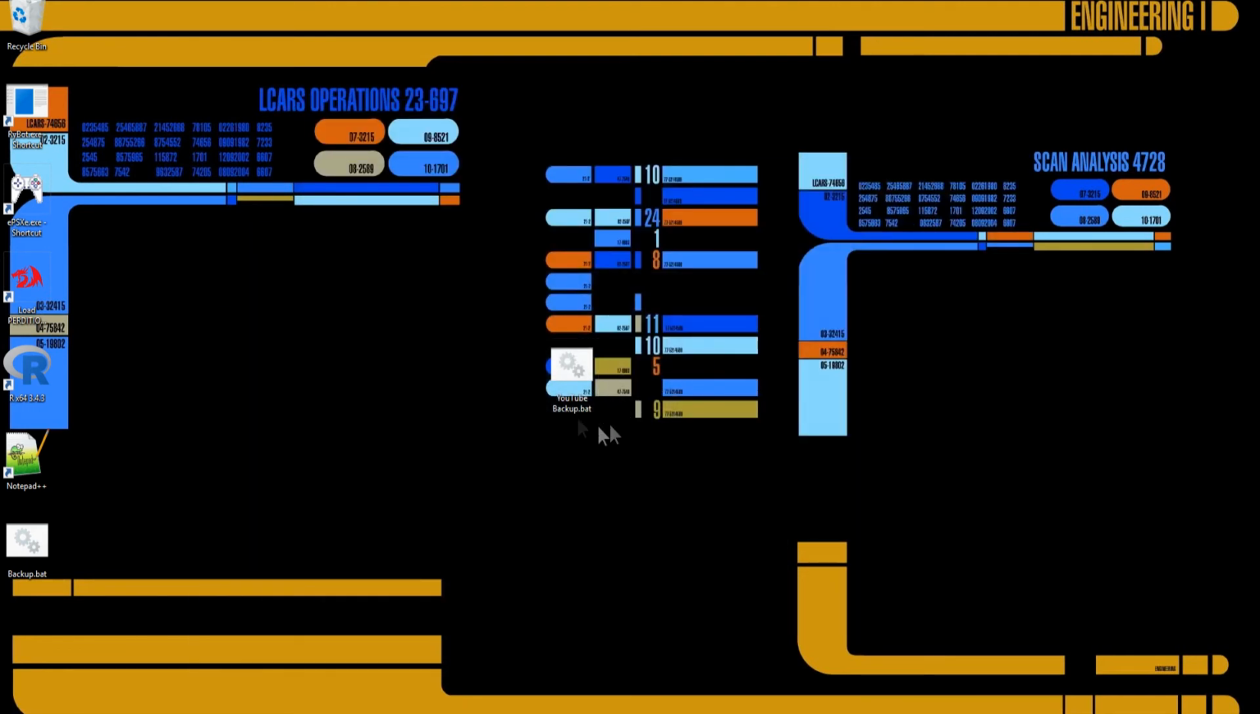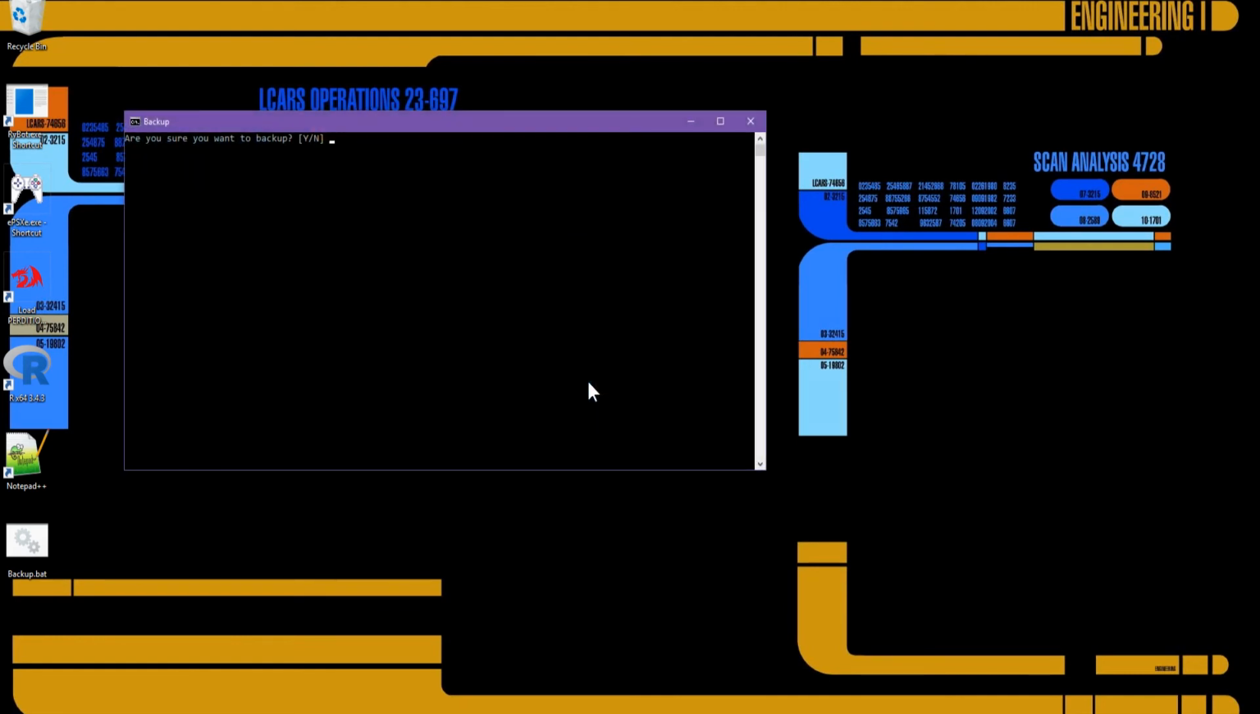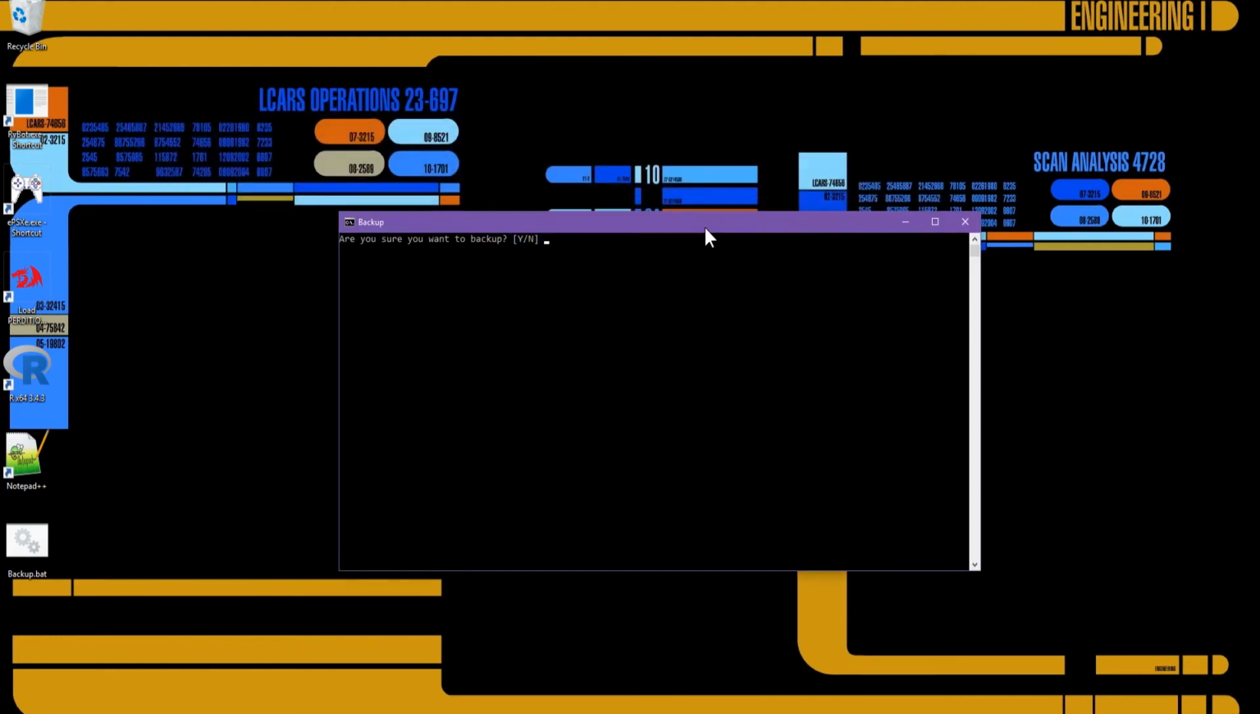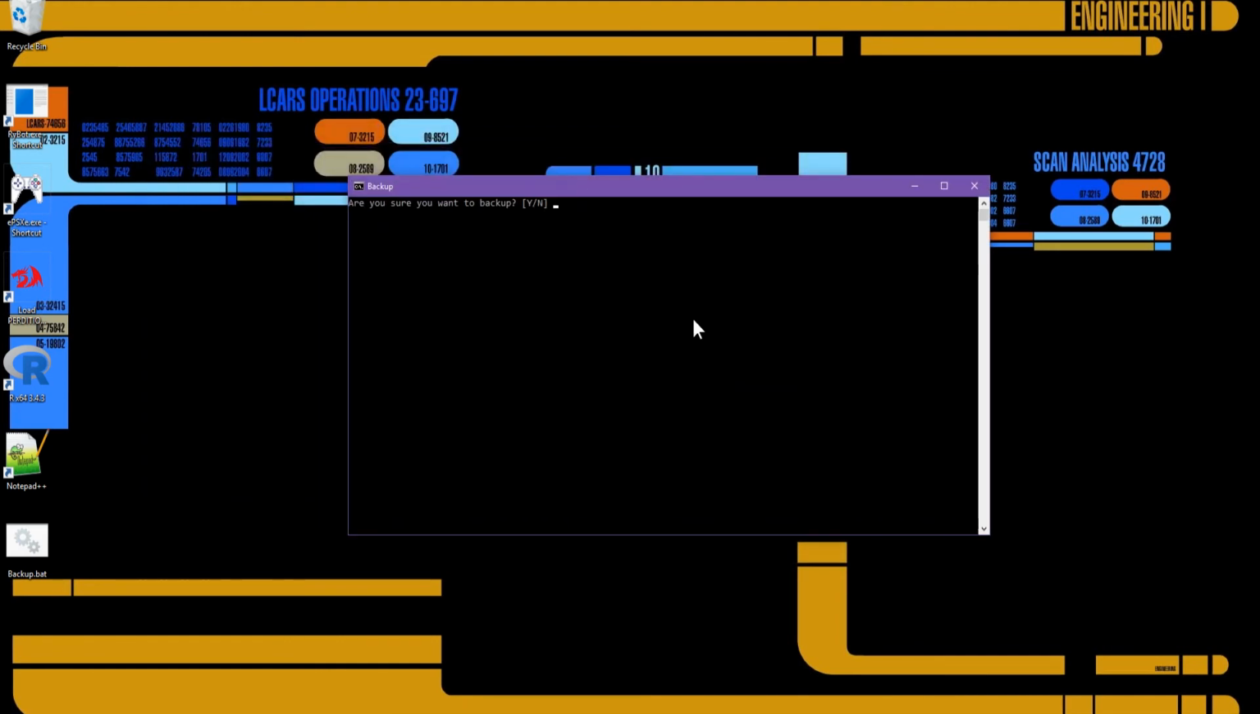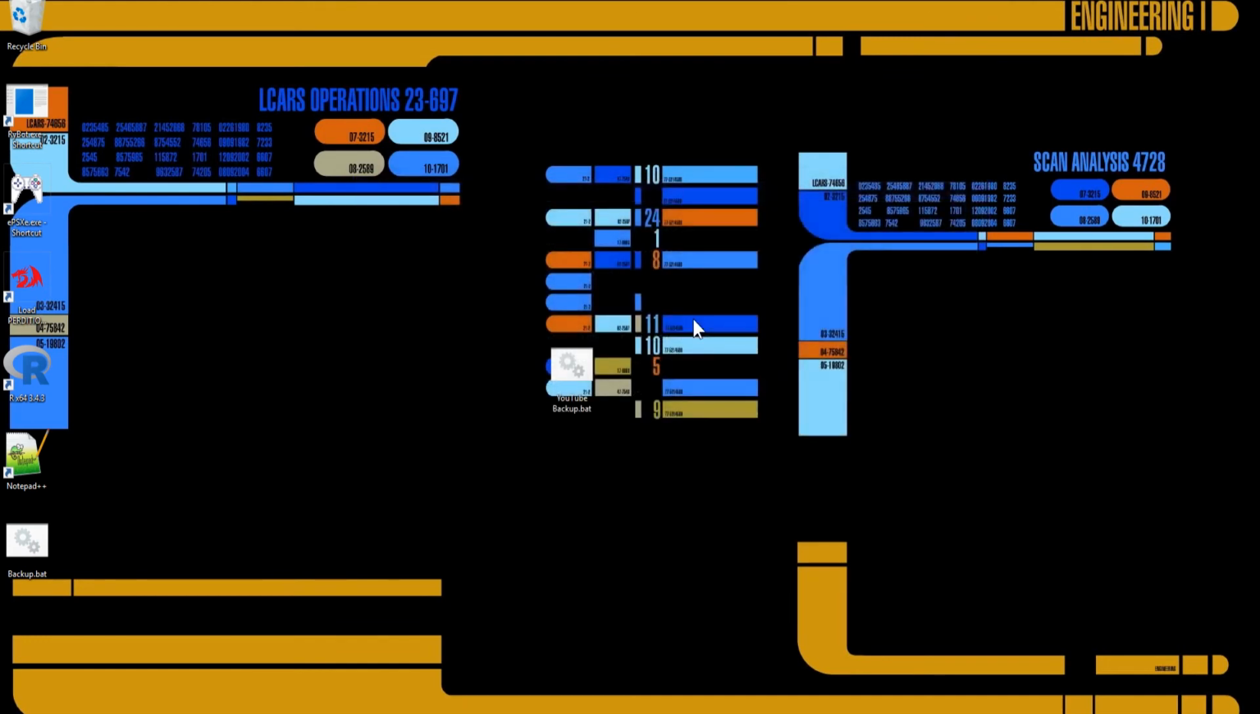So now that your script is a .bat, you can just double click on it and run it like any other program. And now you see it looks like mine. You can say, are you sure you want to back up? You can say no, and it will say backup cancel. Then you can press any key to exit, or you can go ahead and say yes, and it will back